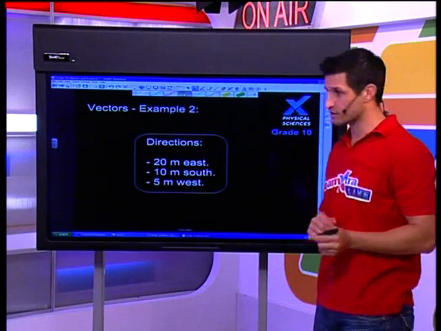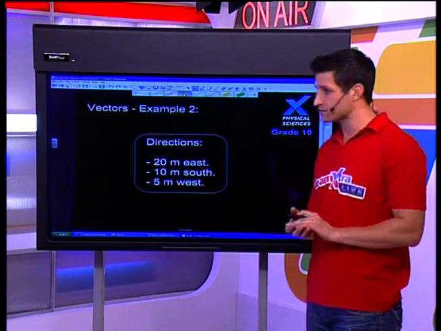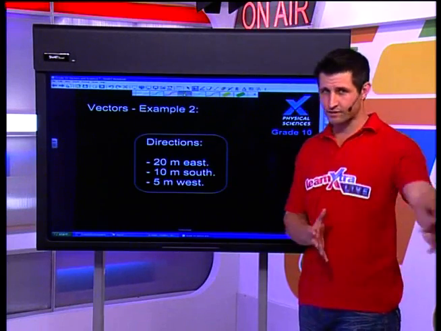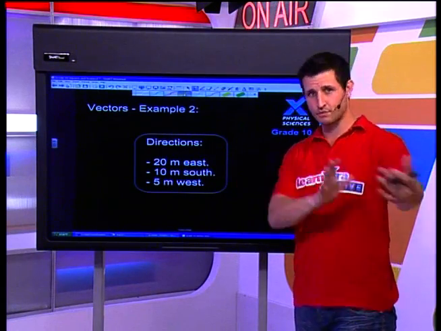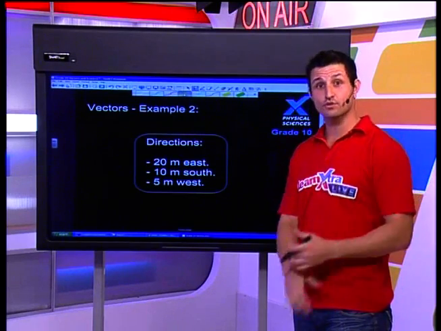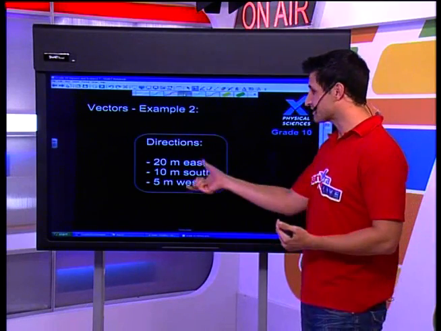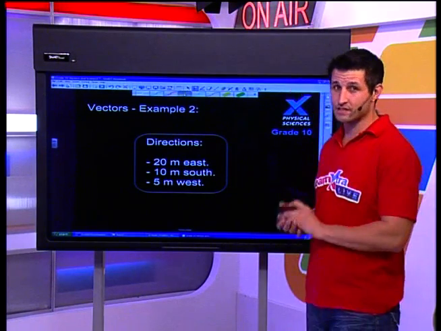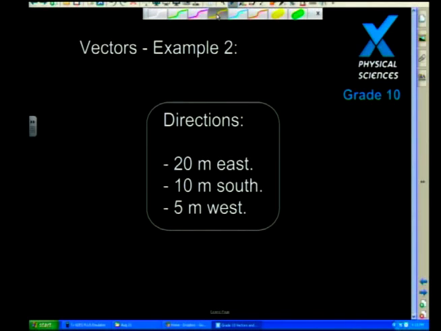I'm told from my starting point to go 120 meters east. Now, most of you figured out that it's very difficult to measure out 20 meters, and it is actually a real pain to do this in a classroom, because I don't have 20 meters to measure this out. So what I've got to do is find a way to do this on my ruler, and that's a real challenge. So I've got to scale all of these down. I've got to work with my protractor. But what I think we should do is let you write these down. So 20 meters east, 10 meters south, 5 meters west, and I think you guys should work through.